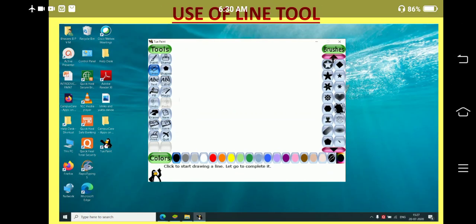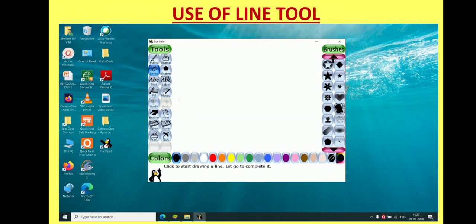Use of line tool. Line tool can be used to make lines in your drawing. So there are various options also available in this tool.